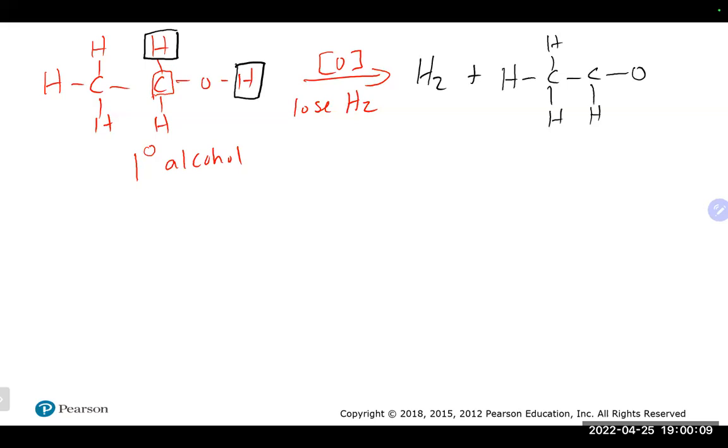Now, we talked about what happens when you lose 2 hydrogens. That's usually associated with making what? In organic chemistry, every time you make a bond, you lose 2 hydrogens. So that's exactly what happens here. Who would be short here in terms of bonds? It is between the carbon and the oxygen where the double bond comes into play. So you basically lay in a double bond.